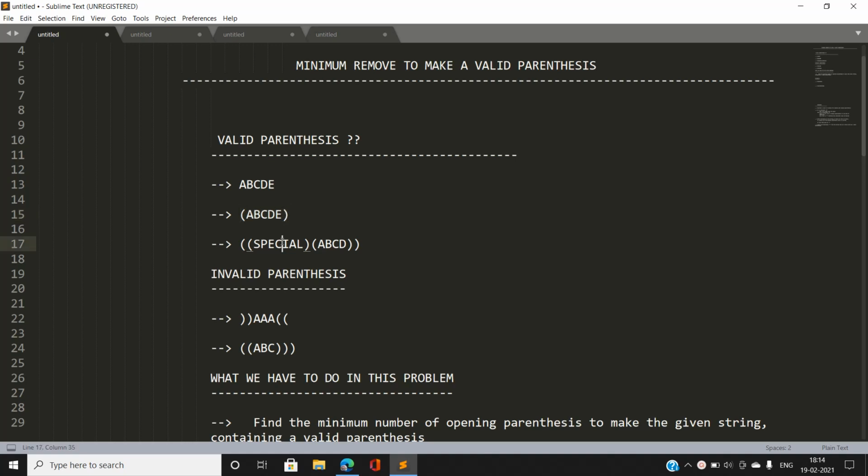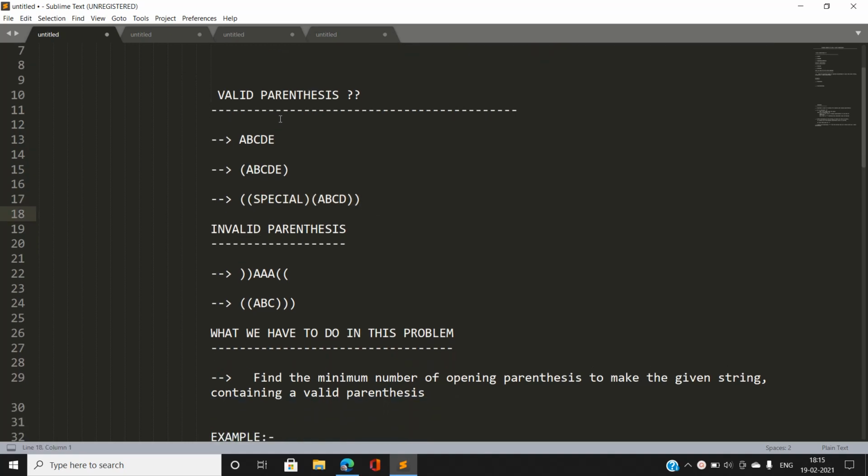Similarly, there is an opening parenthesis followed by some characters, then a closing parenthesis, and then another opening parenthesis followed by some characters, then a closing parenthesis, and there is also a pair of parentheses at the extreme ends. This is also a valid parenthesis string. So these are examples of valid parenthesis strings.